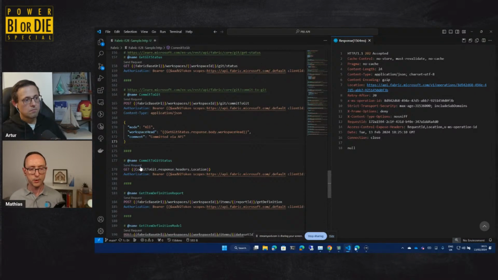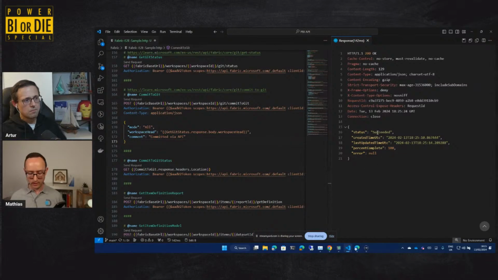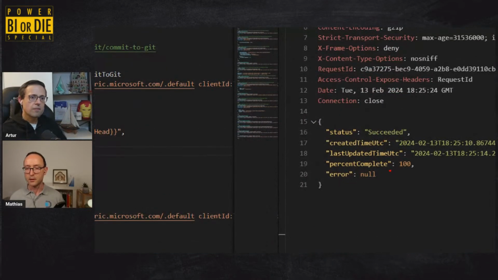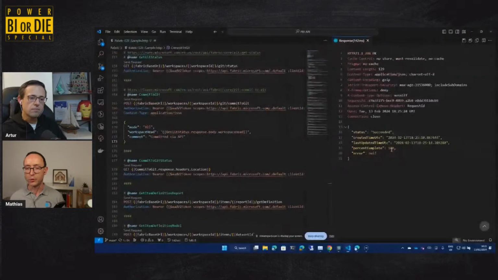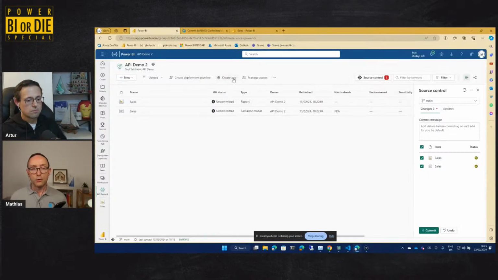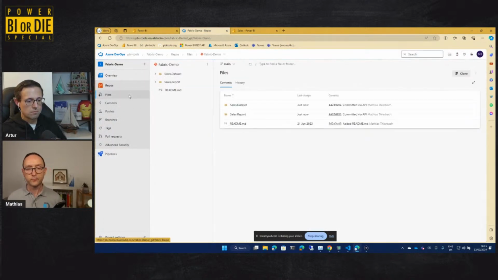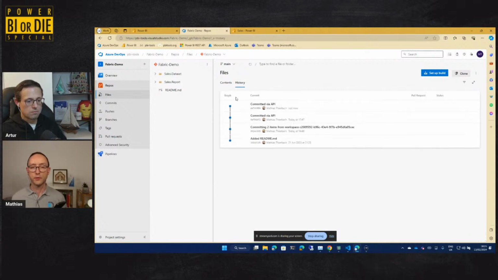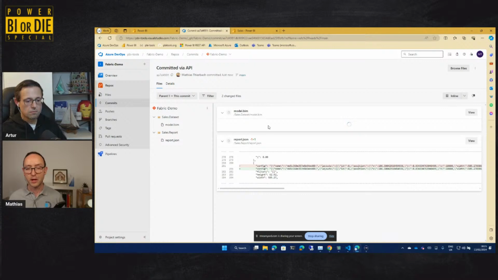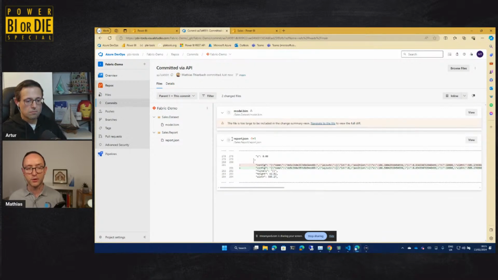So let me do that. Let me go here. And here we go. I can see that actually succeeded already, right? So status succeeded, percent complete 100, which also means I can now go into my Azure DevOps repository and go into history to see that just now myself created this new commit called committed via API, which happens to have made changes on report.json as well as